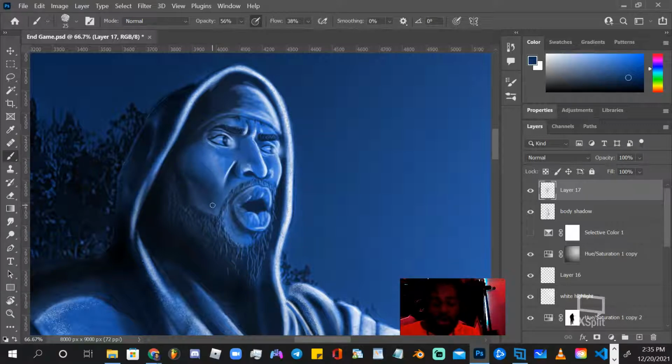Now you can take a color picture and switch it over to a black and white all day, no hassle, no issues. But soon as you take a black and white picture and try to make it color, the gray areas, they do something weird.